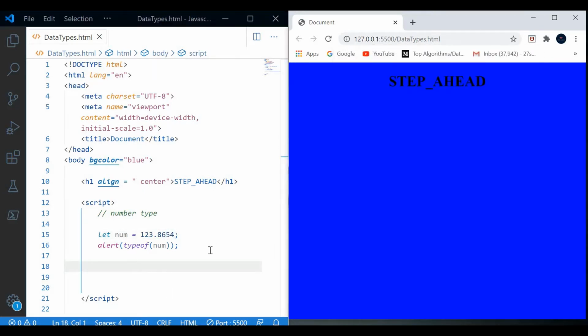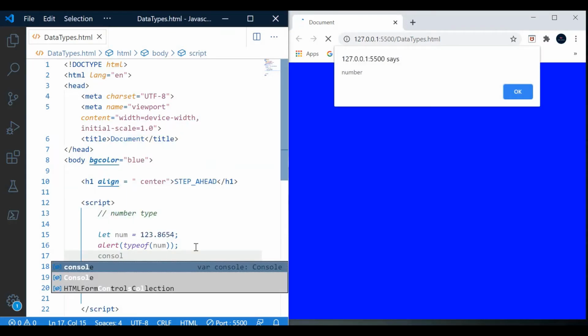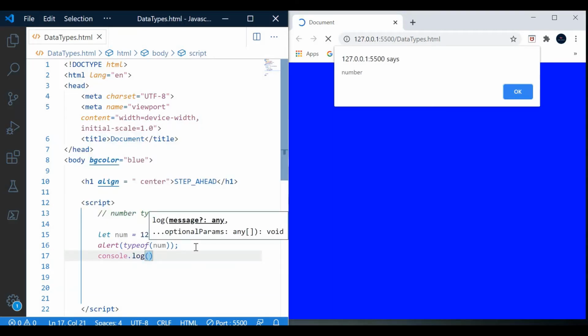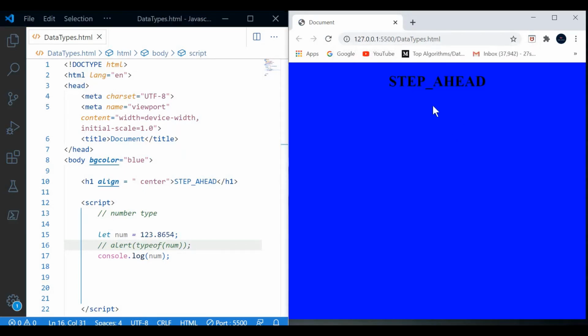I should also show you the console window, console.log, where we can also perform these operations in the browser. num. We will uncomment this, and we will comment the other so that it will not pop up again after an interval.